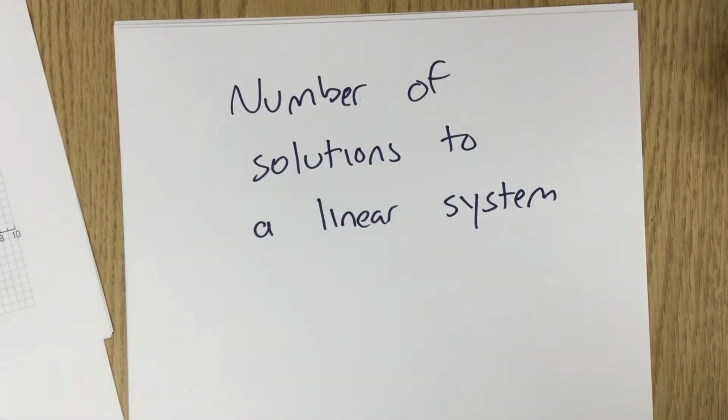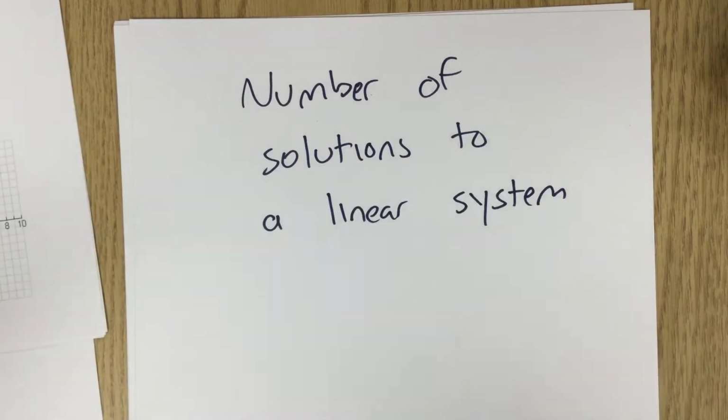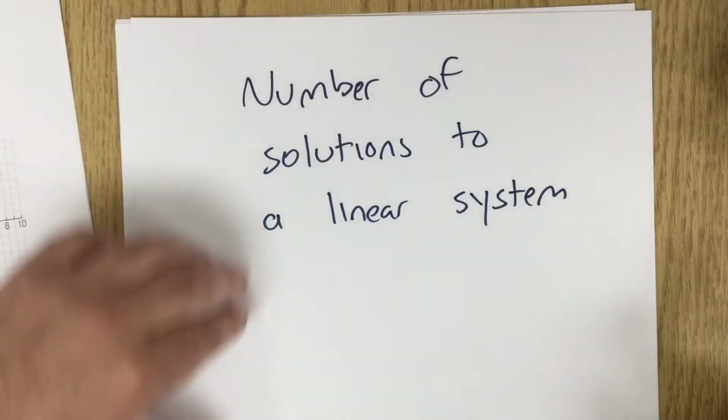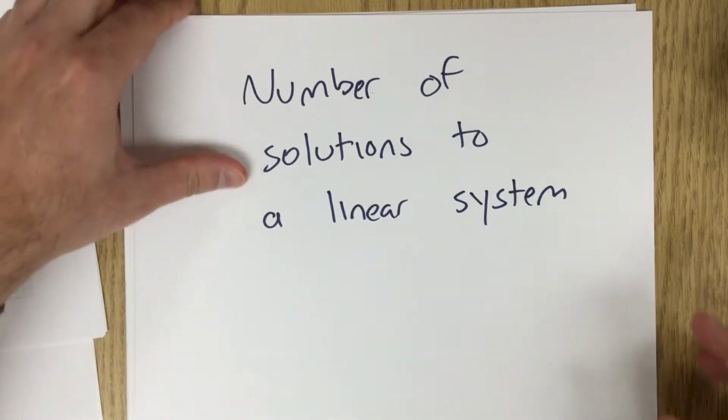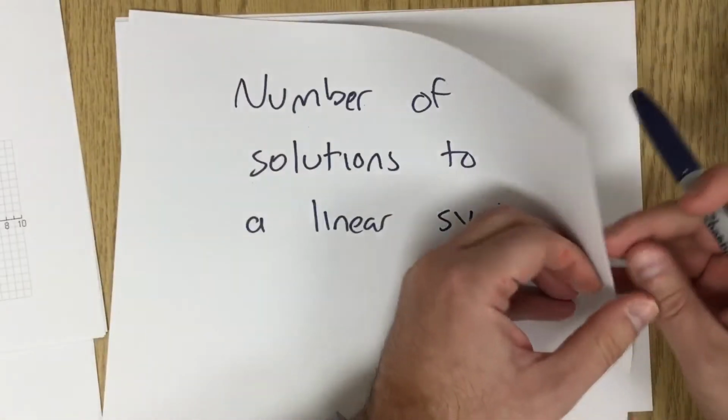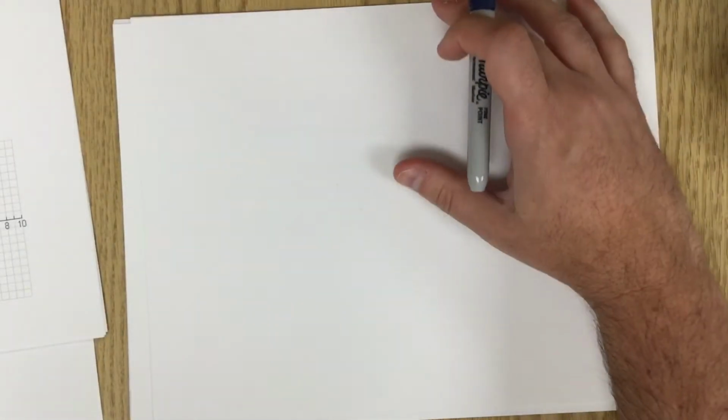Sometimes linear systems have one solution. Sometimes they don't necessarily have one solution. We're going to investigate how many solutions a linear system may have. If you have access to graph paper,